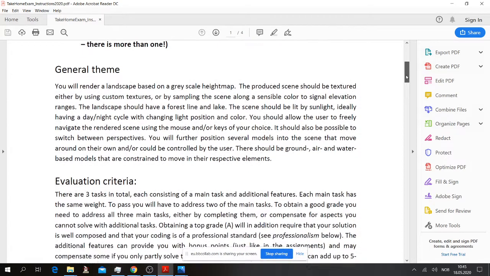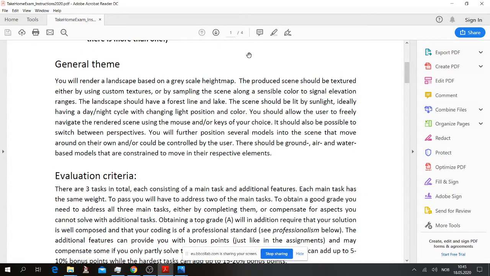Okay, so here is the exam, just in a general sense. The idea is that you should render a landscape that is based on some grayscale height map. I'll go into details on the grayscale height map when I get into the tasks. Now, the scene you produce should be textured, either textured using some custom texture or sampling the scene along some sensible color to signal elevation ranges on this landscape.